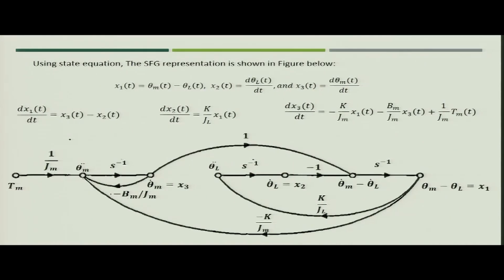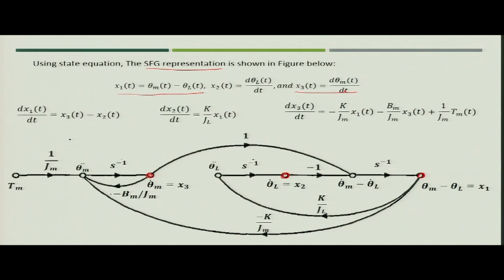We can represent the state equations which we have just got using the signal flow graph. So, how we will represent? We have defined the state variables as x1 is equal to theta m minus theta l, x2 is d theta l by dt and x3 is d theta m by dt. So, first we will create the nodes related to these variables. So, x1 we have considered, that is theta m minus theta l here, then you get x2, that is nothing but theta l dot,